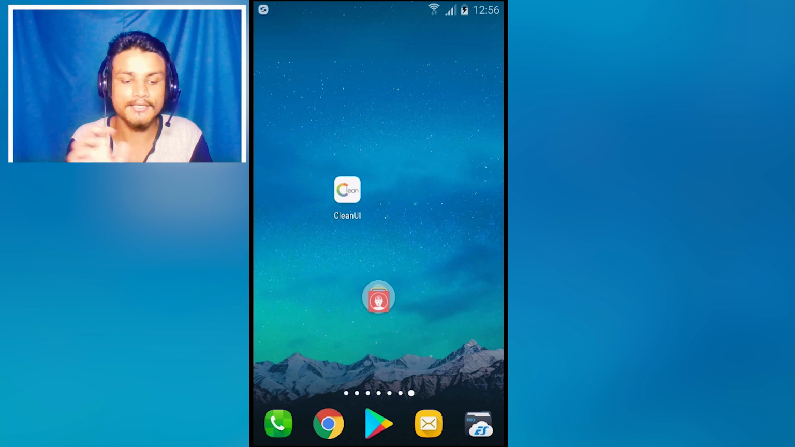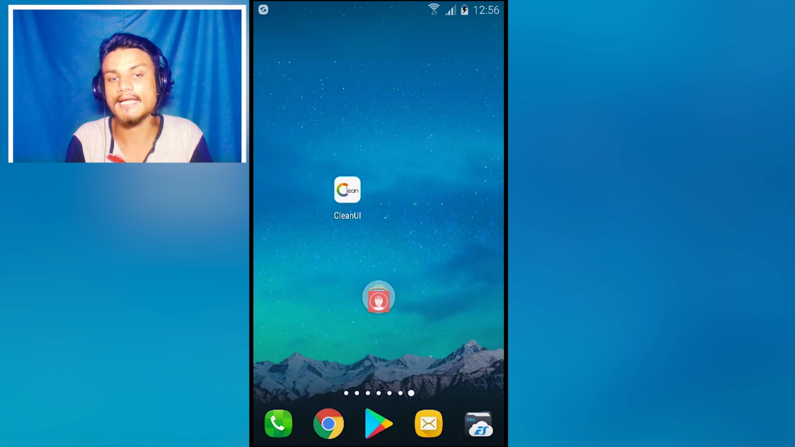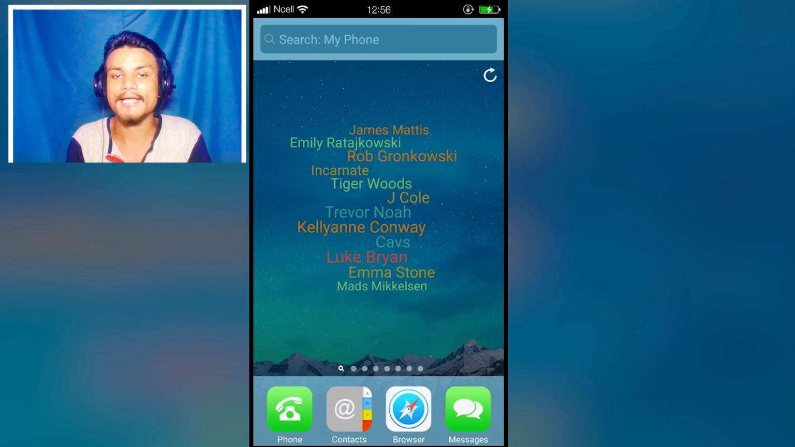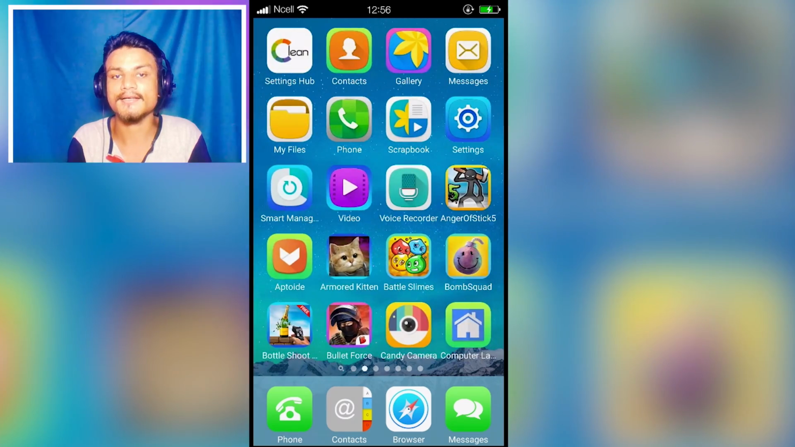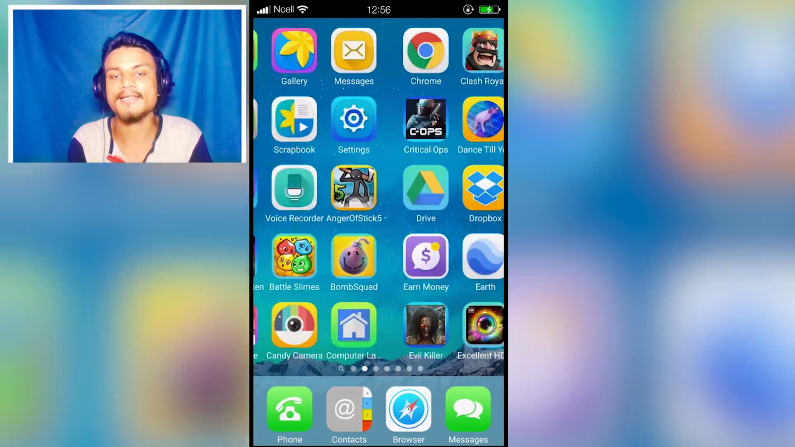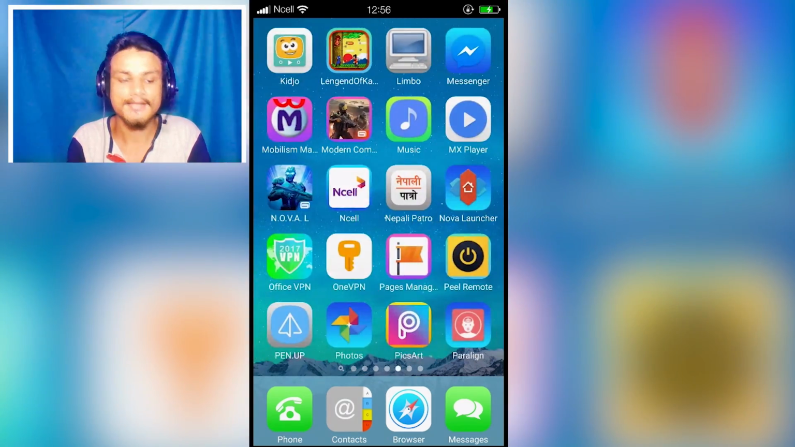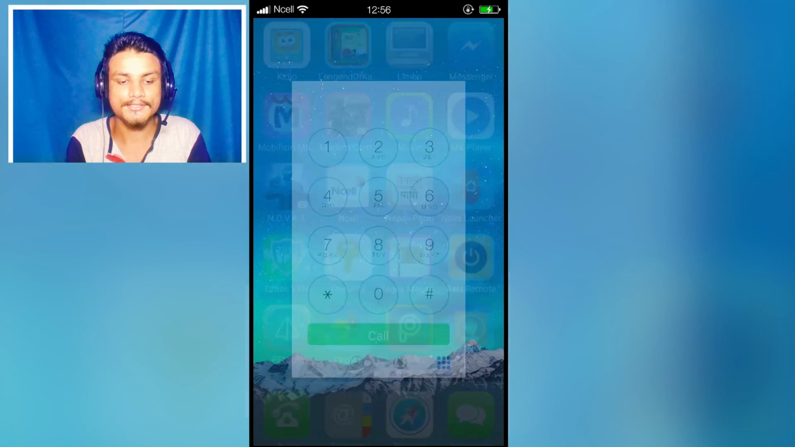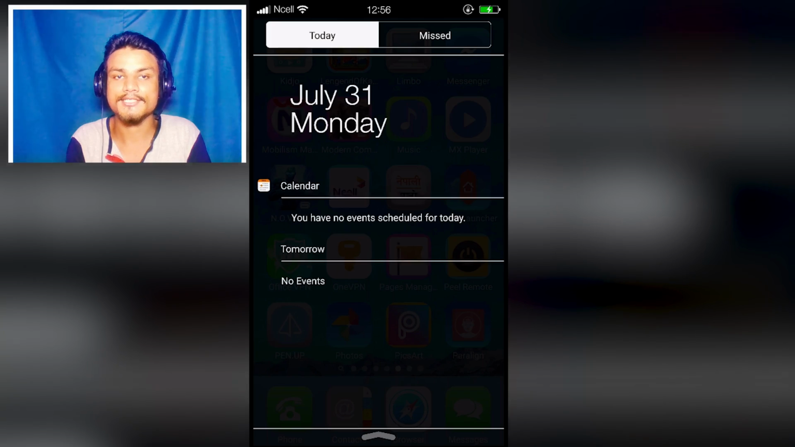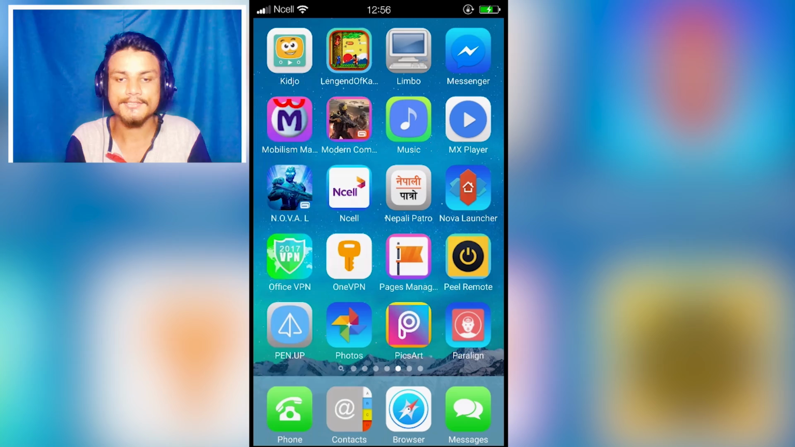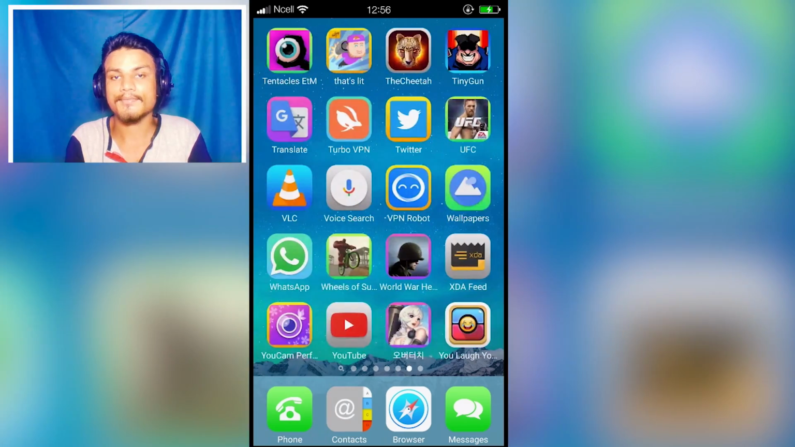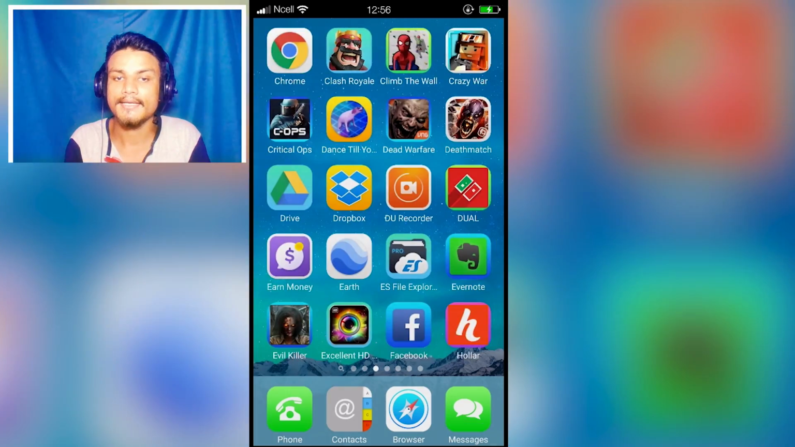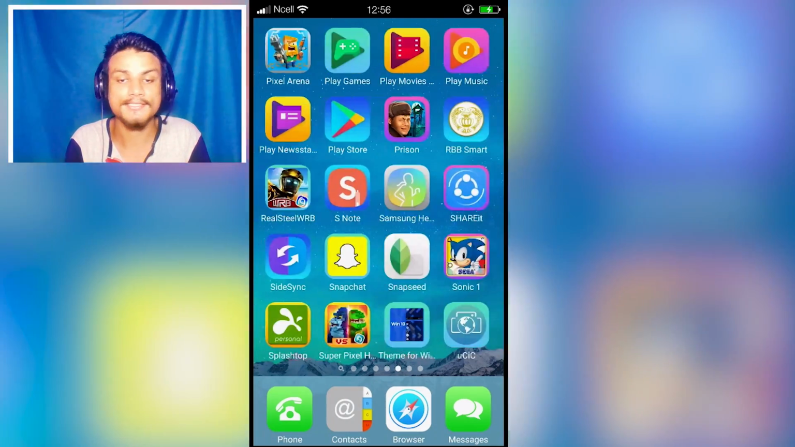So I'm just gonna launch it. You can set it as a default launcher. So as you can see, now I have an iOS look. You can see here iOS style, everything is iOS style. You can see the dialer. Let me open the dialer. As you can see, it looks like iOS. We have a notification panel and everything. So yeah, that's how you can make your Android look like iOS,